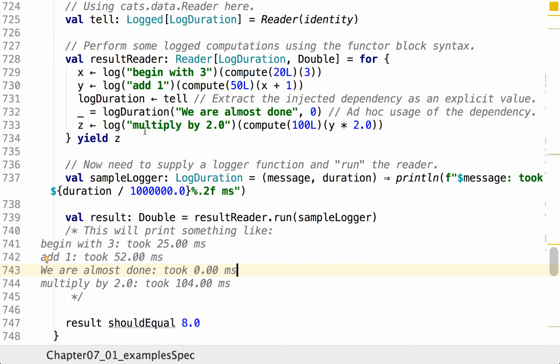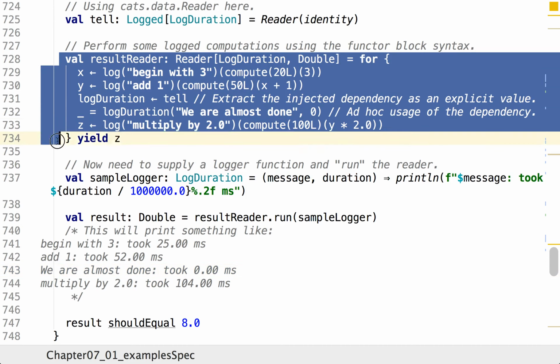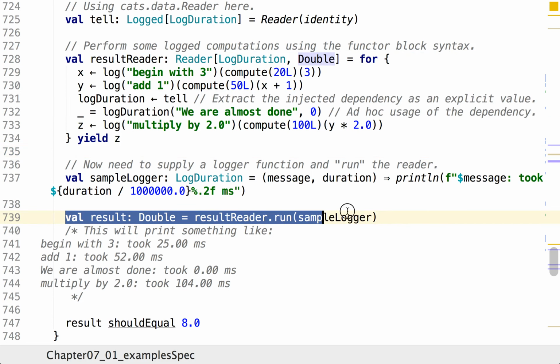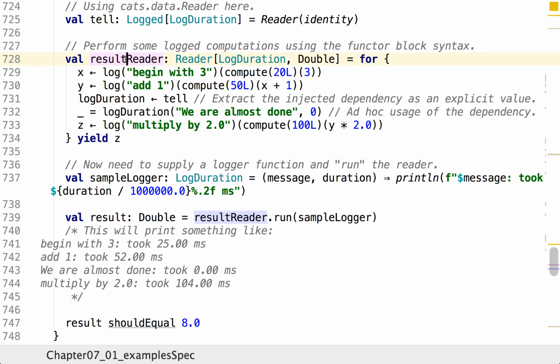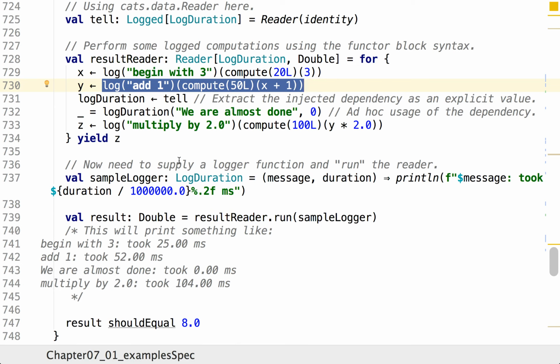note here. So the usefulness of this technique is that you can separate this code from this code. You can combine these readers with each other. You can put result reader here on the right hand side of a generator line because it has the right type. Whatever is on the right of the generator line must be of type reader of something. As long as it's the right type, a reader of log duration and something, you can put it on the right hand side. So in this way you can combine